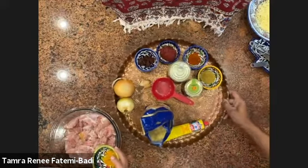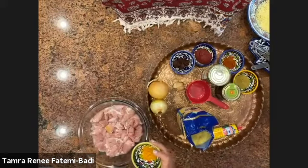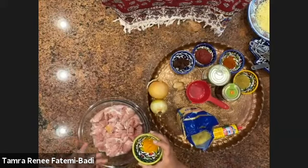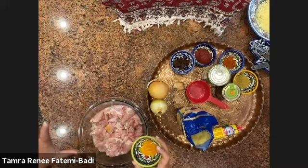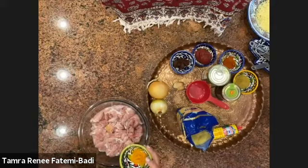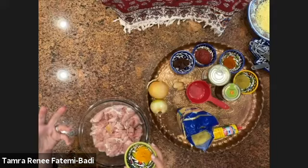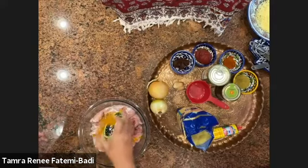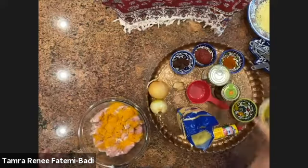So I have the chicken here. I'm using chicken thighs, and I usually use boneless, skinless chicken thighs, especially when I'm making this on weeknights because it cooks faster. But again, there is no wrong. If you want to use bone-in chicken, you want to use chicken with skin, just keep in mind that it might take a little longer to cook, okay? So I'm adding the turmeric, the coriander,